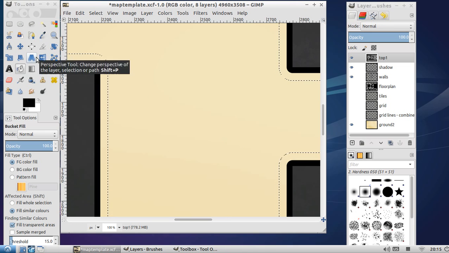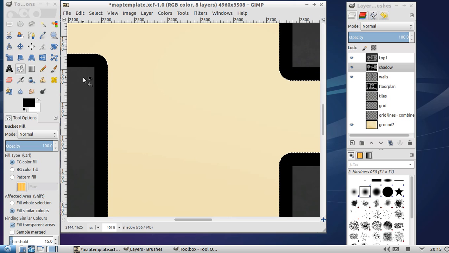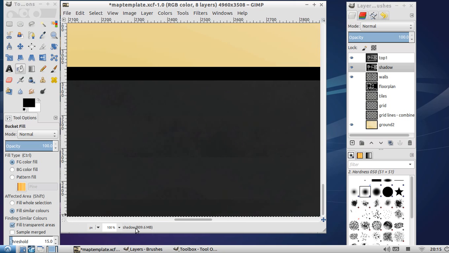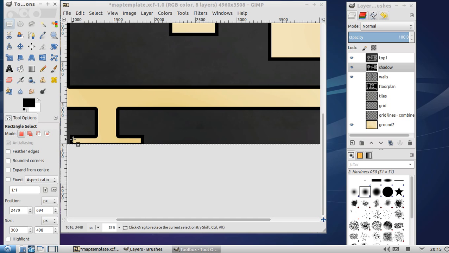What we do now is we go to the shadow layer, and again we bucket fill there. We'll wait for that to work. Now we Control A to select everything, and let's just get a better sort of view of things. And what we want to do as well, so it doesn't create dramas later on, is we want to just get rid